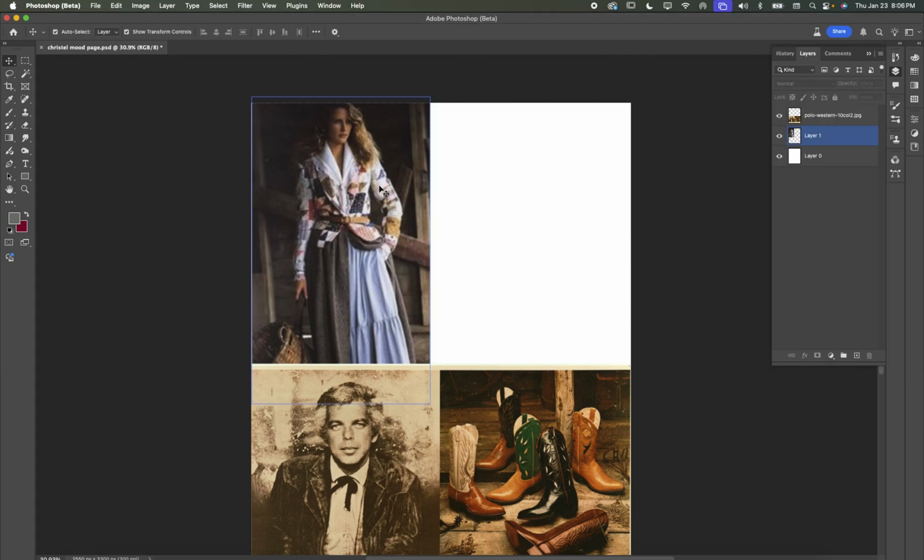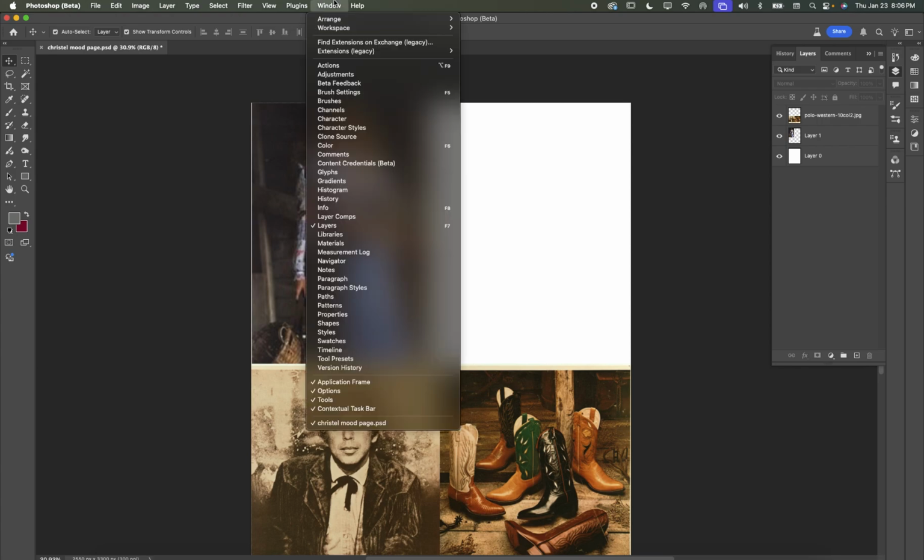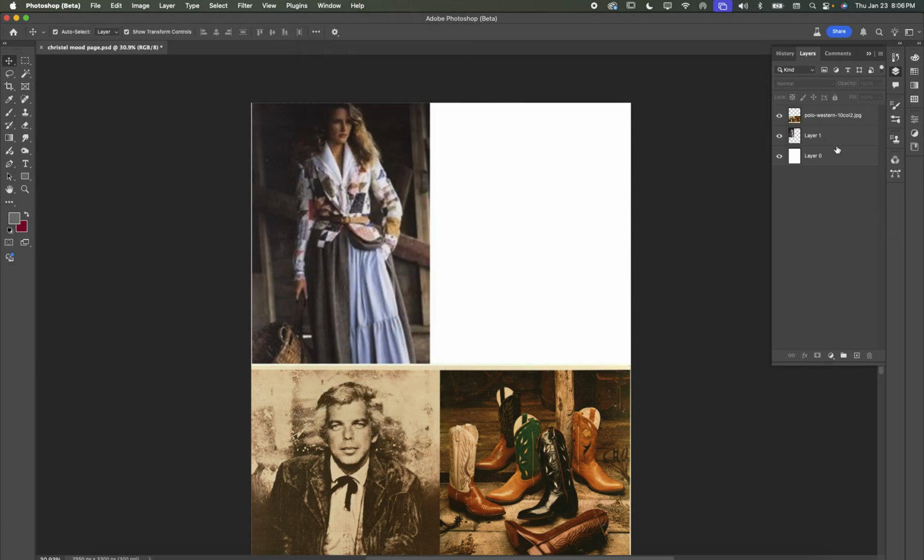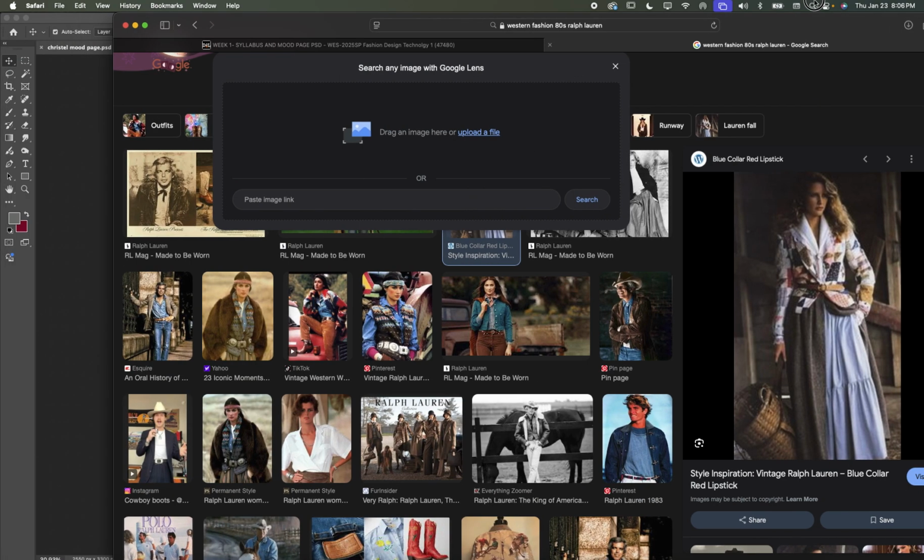We've learned to play with our layers. Making sure that our Window layers is open: if you go to Window and you don't see it, layers should be checked off and you can see it. Sometimes your layers might be somewhere else in your page. Just make sure it's there, because we're going to play a little more. So now we're going to go into